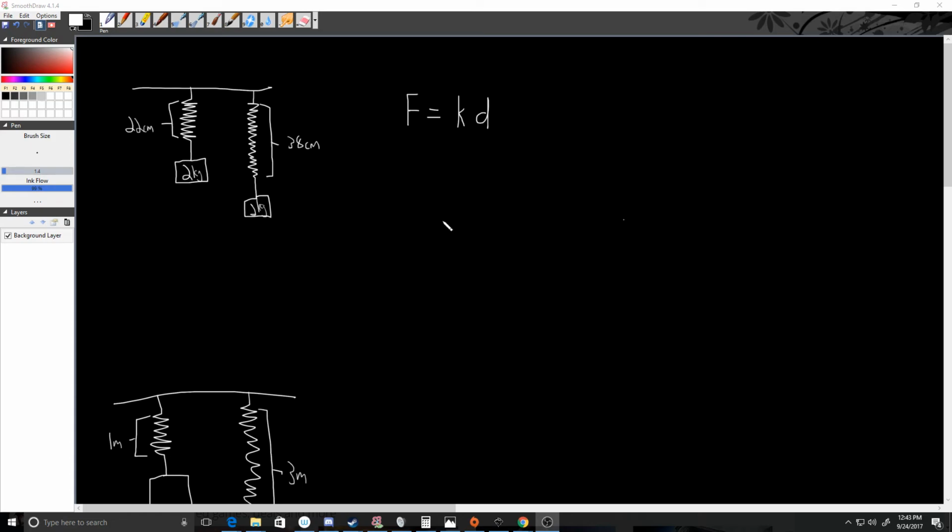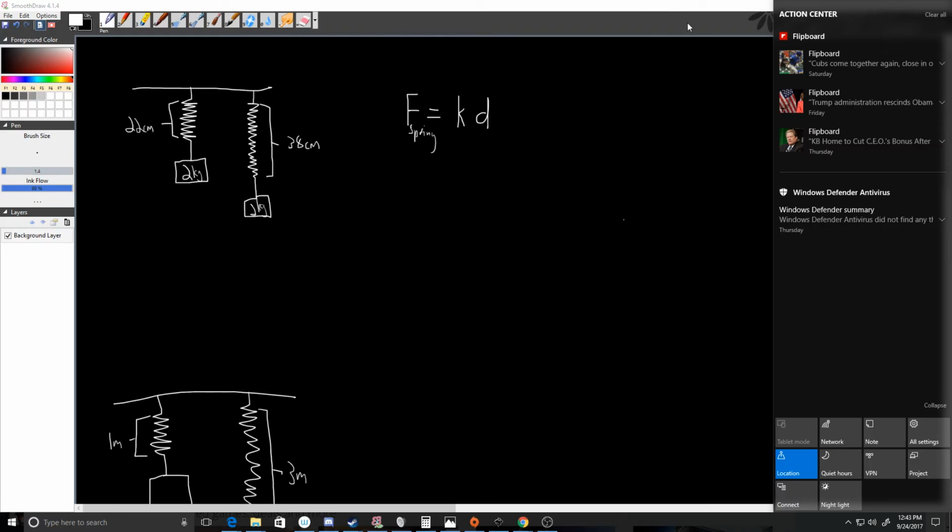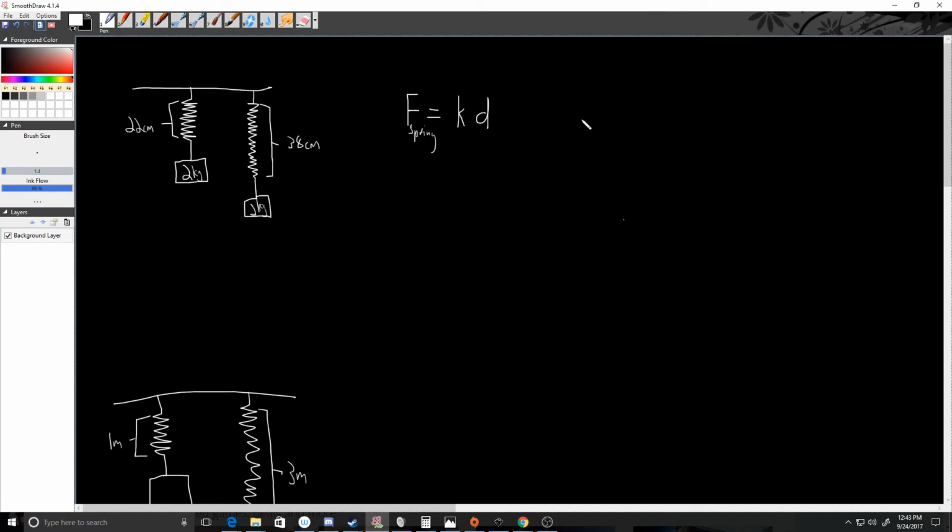And people smarter than I have figured out how to actually calculate how much force that is. Let's call this force F spring. To figure out the force of the spring, they've experimentally shown, and we might go through and actually figure this out for ourselves, we have some scales and springs we can use. Really what they find is that the force of a spring, whether it's being compressed or stretched out, is equal to a constant called the spring constant